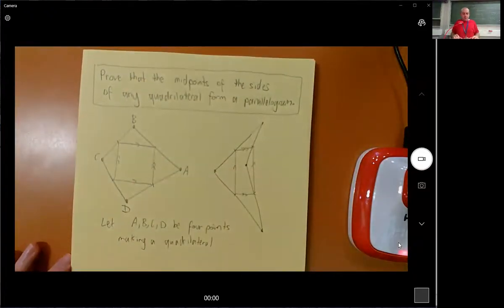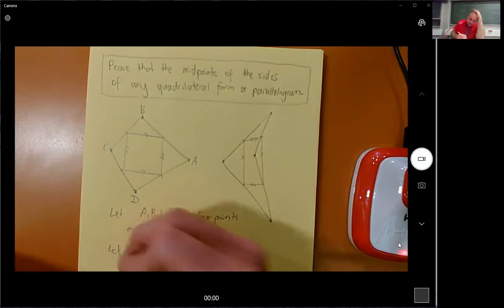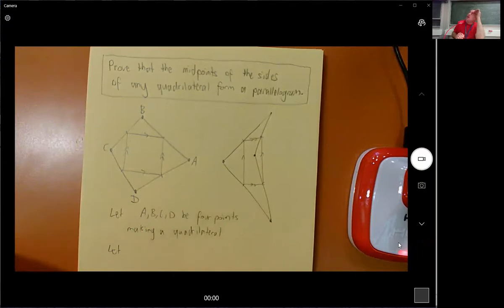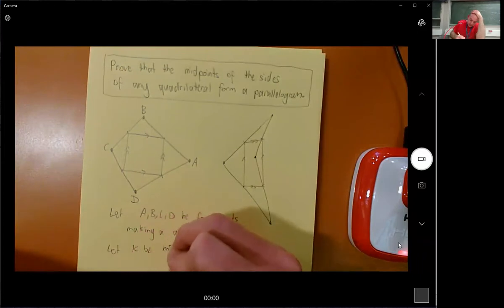And then the midpoints of the sides, I guess I'll give them names. KLMN, that'll work. Let K be the midpoint